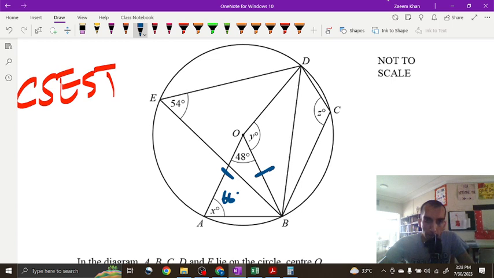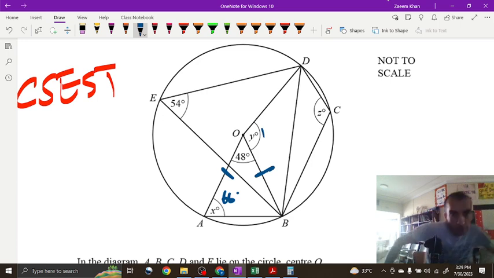Angle EB at the D... double DOB. Which angle are you referring to again? I didn't get you there. DOB. Yeah, I'm referring to angle Y. How much is this going to be? Twice the size of